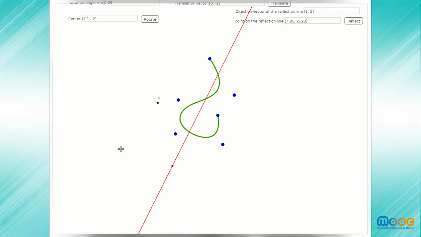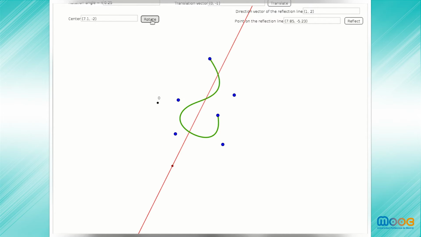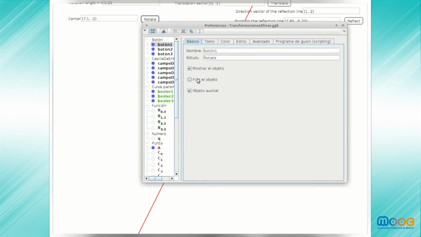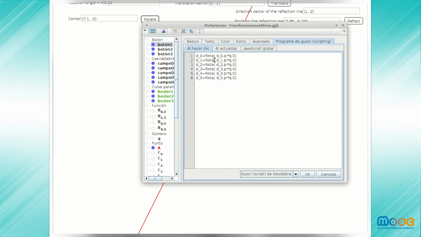On the screen, we can see a B-spline curve that can be rotated around this center of rotation. We are going to rotate the curve pi over 4. So, by doing this, we rotate the curve. And we can see that the rotation is only done on the control vertices.